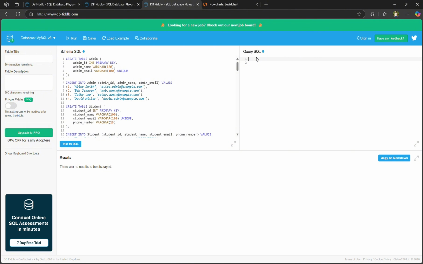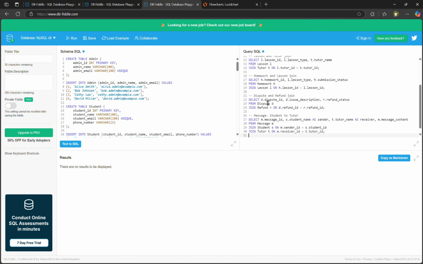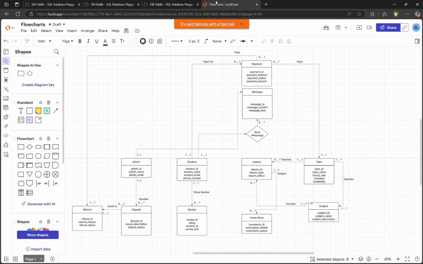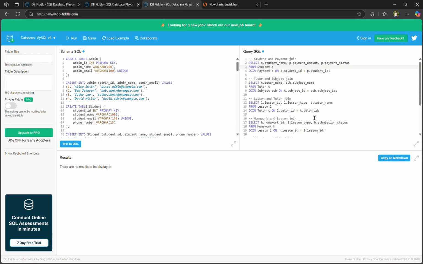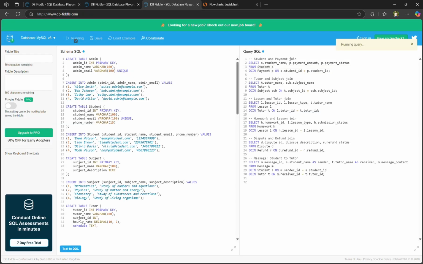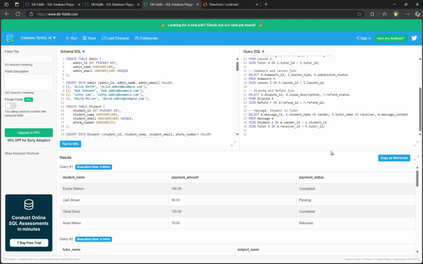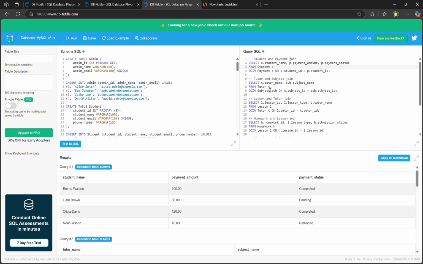I'm going to put a couple of query SQLs here that show each direct relationship found in our ER diagram right here. So here are the commands, and when I run them,